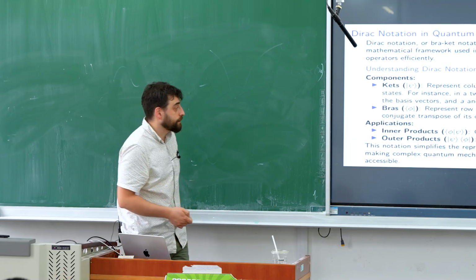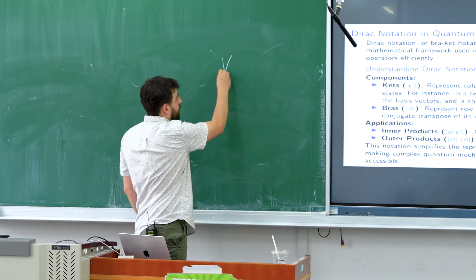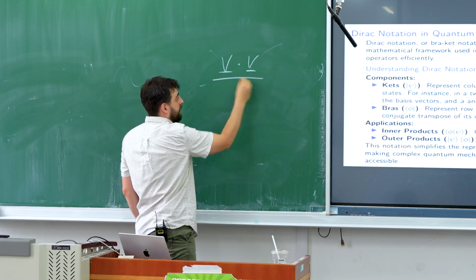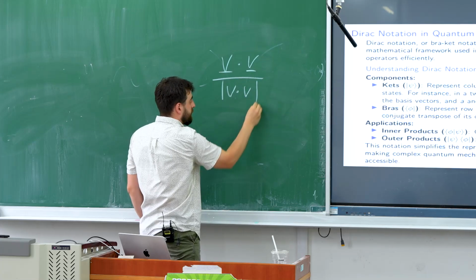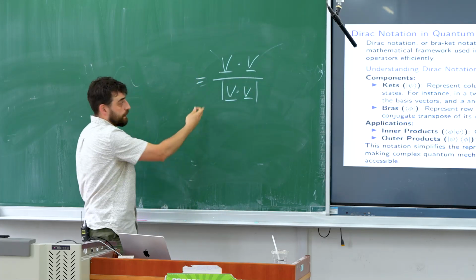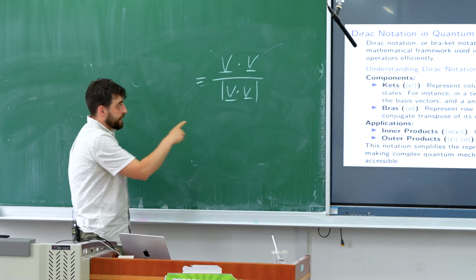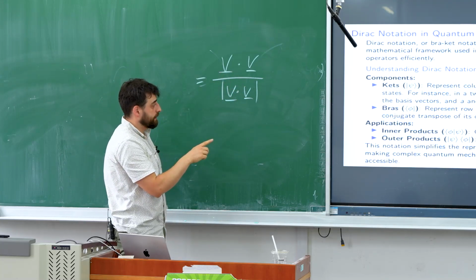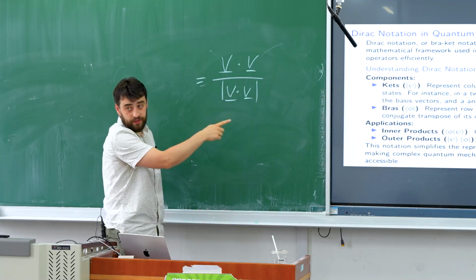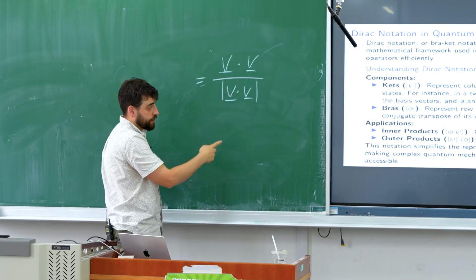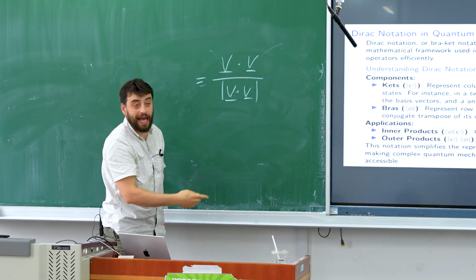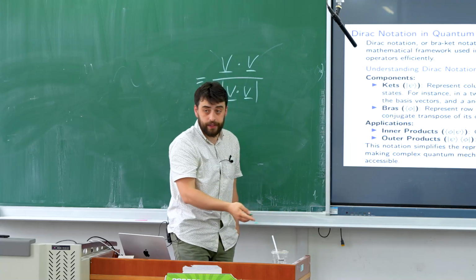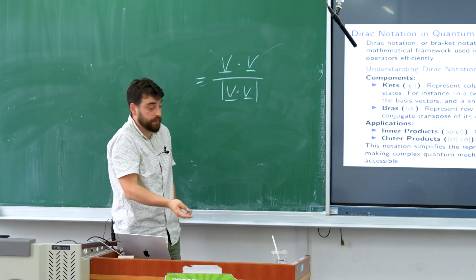This is all linear algebra. So, vector dot vector, for instance, divided by the magnitude of vector dot vector, right, is our norm of a vector. This kind of linear algebra notation is not really common in quantum mechanics. This is the kind of notation you learn in mathematics, or in, I don't know, mechanics. But in quantum mechanics, generally everything's written in Dirac notation. It's the same thing, just a different notation.